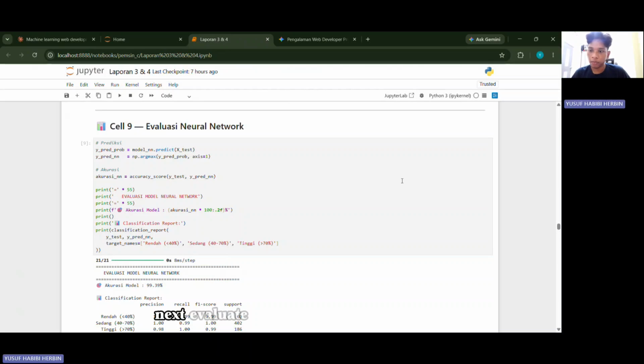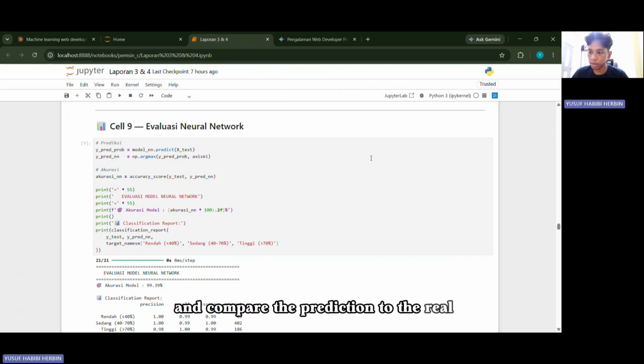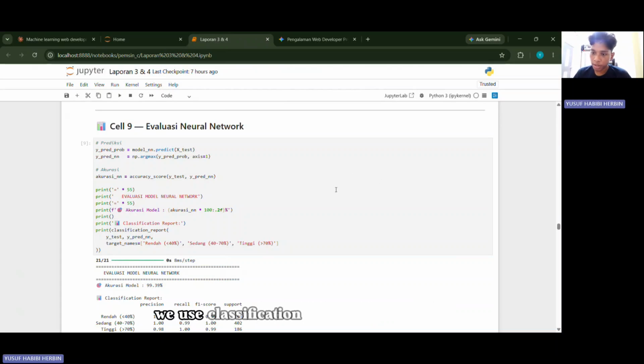Next, evaluate neural network. We run model predict on the test data and compare the predictions to the real labels. We use classification report from scikit-learn to get 4 important metrics. Accuracy tells us what percentage of all predictions are correct.